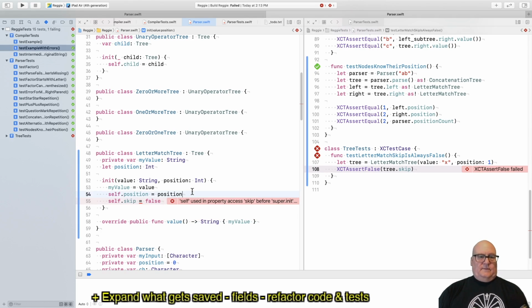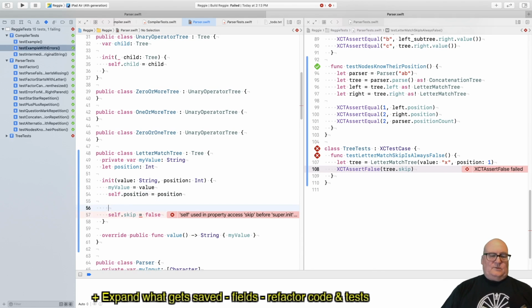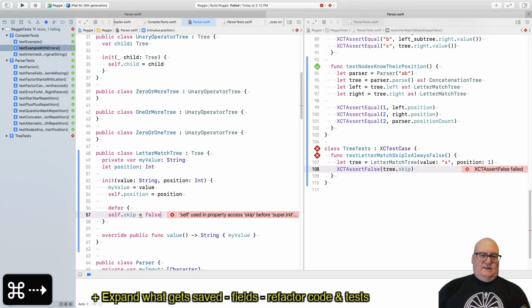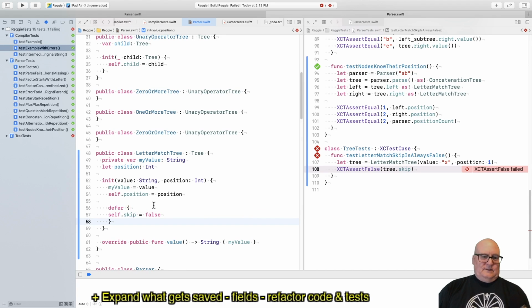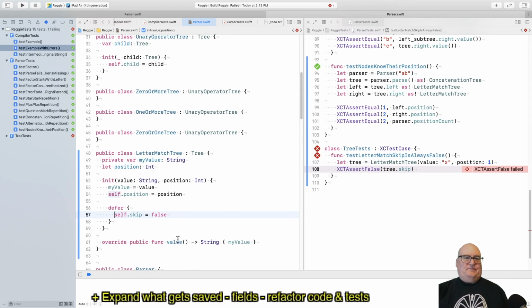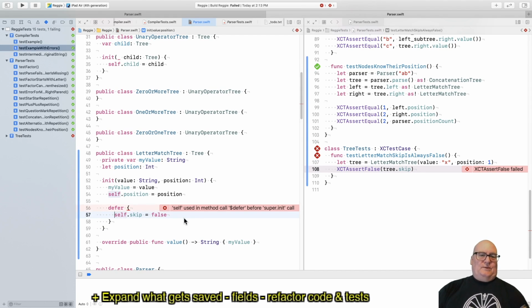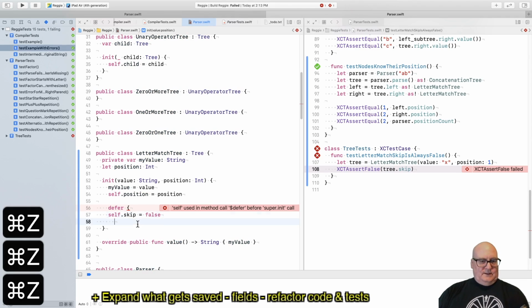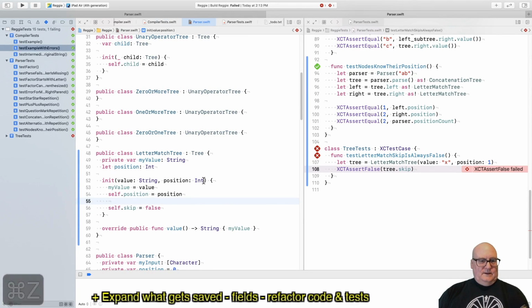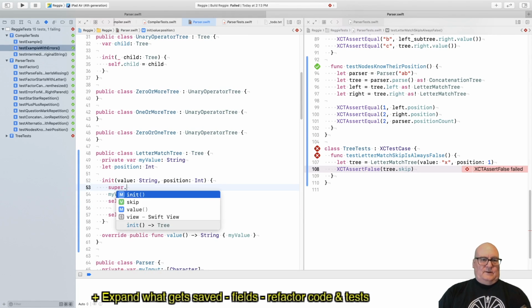We have this thing in Swift, defer, and you can use it to initialize stuff once you're through the rest of the constructor. Self used in method. Oh, I just didn't call super init. Maybe I don't need it. If I call super.init,